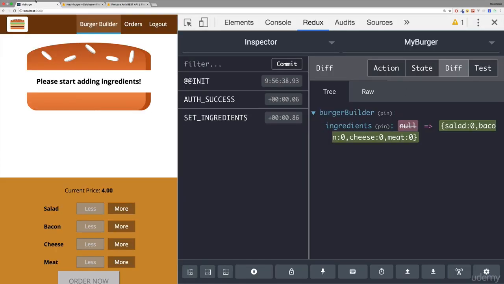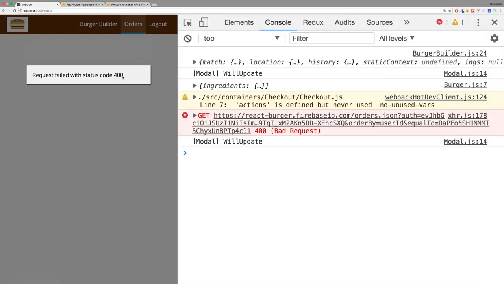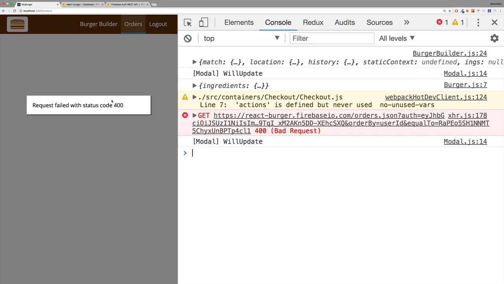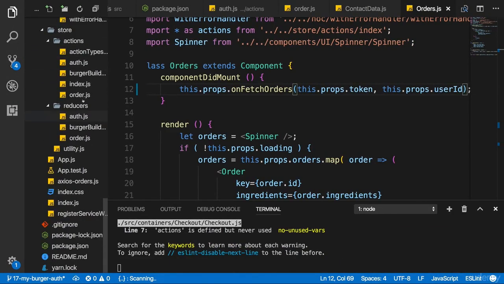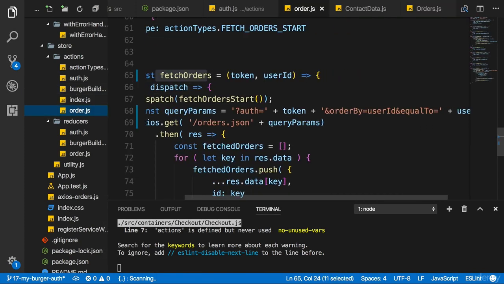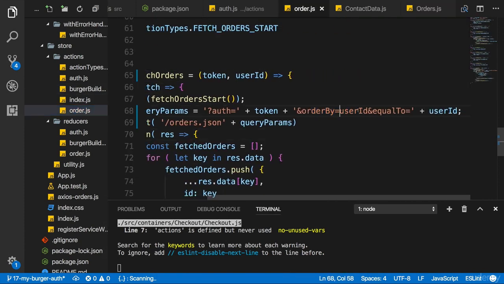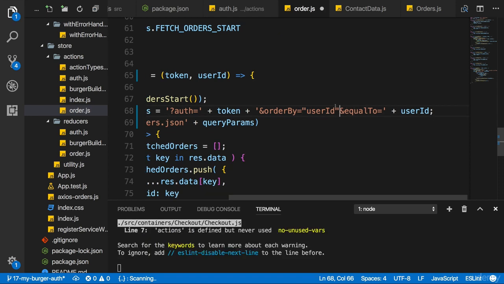Now if we go back to our application and we go back to orders, I actually get an error because I have a tiny syntax error in our orders action creator. Order by, the value or the property name by which you want to order should be enclosed in double quotation marks. Now that's not the only change though. The value we're passing here, if it's a string and user ID is a string, also needs to be wrapped with double quotation marks. So let's add one in front of our variable and then one thereafter between the single quotation marks because it's still text.